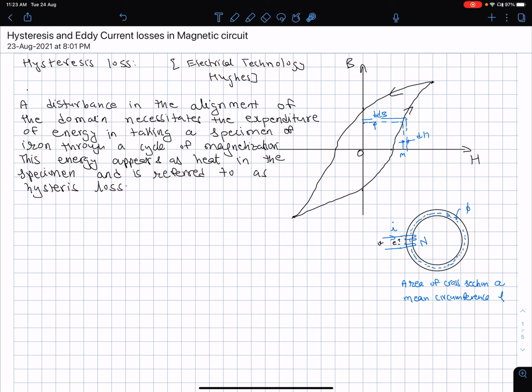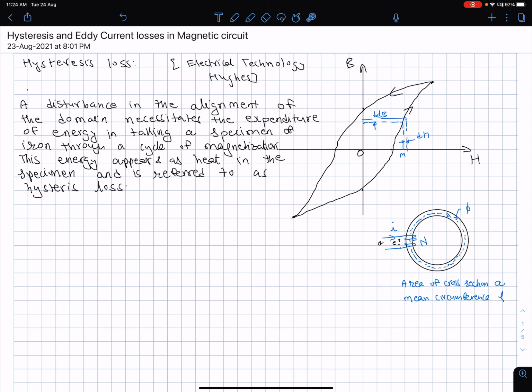So again, here I have a magnetic circuit, a circular ring or a toroidal kind of ring, with a number of turns. Apply a voltage source V here, which creates an induced EMF E here. The current pushed into it is I, and this is an alternating voltage source. So therefore, on the BH trajectory, the hysteresis loop is traced like this.